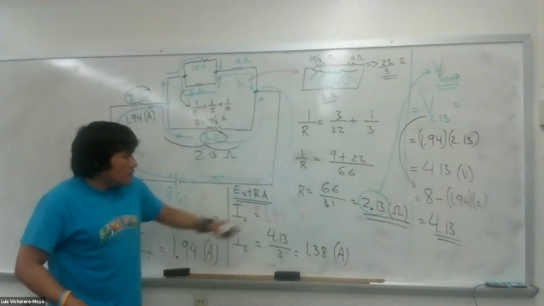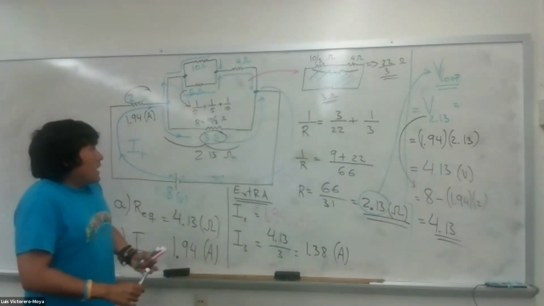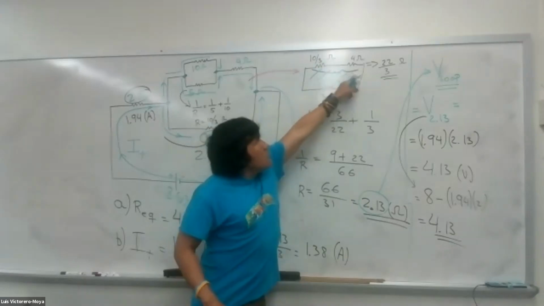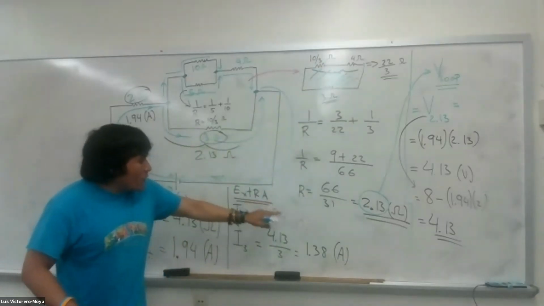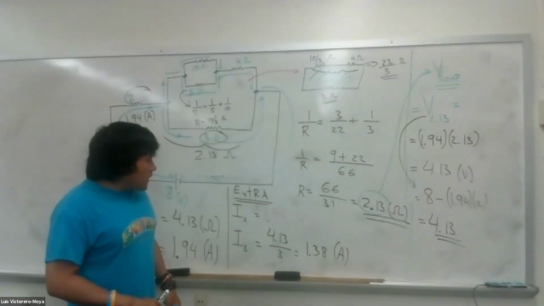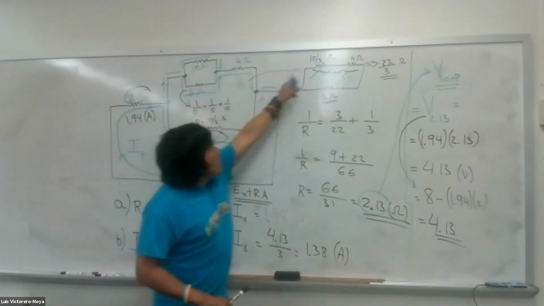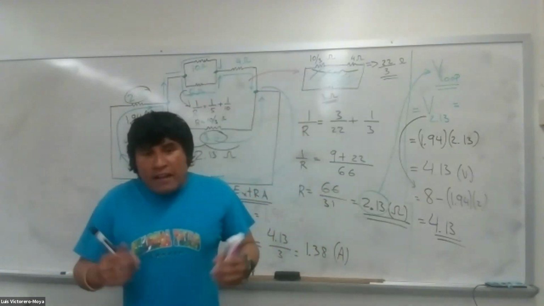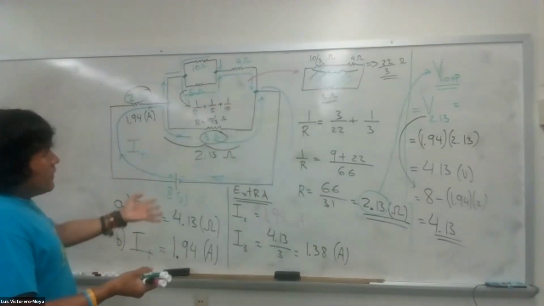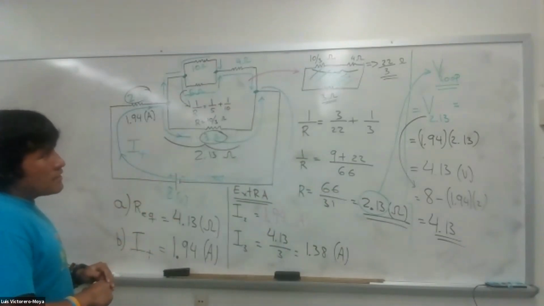Less than this, right? And easy, the current here will be 1.94 minus 1.38.56. I didn't ask that. So that was a bit more complicated, but the idea is the same in terms of